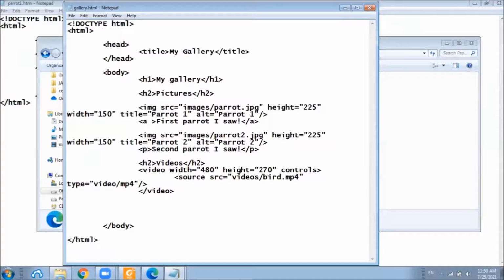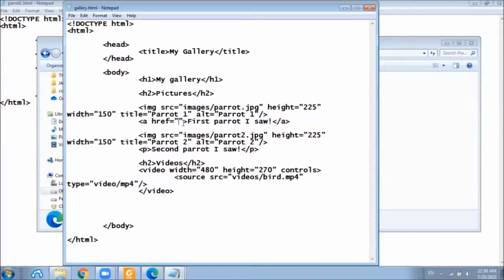One mandatory attribute is the place where we should navigate once we click this link. We specify the target by using this href attribute.